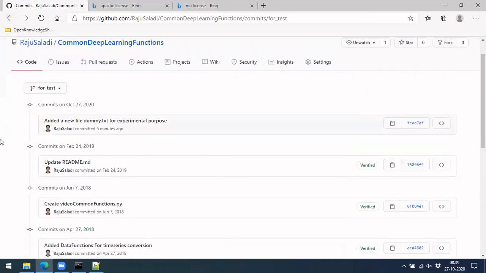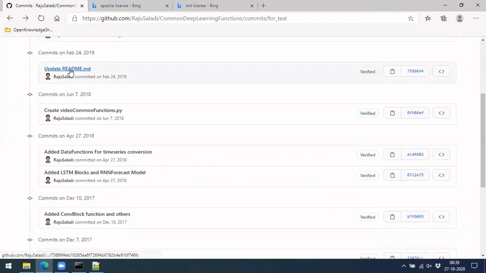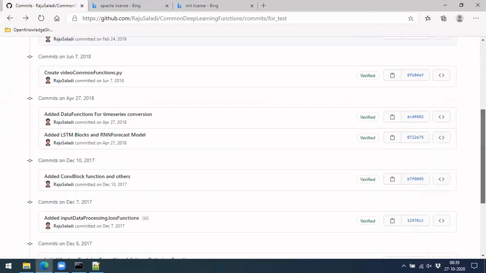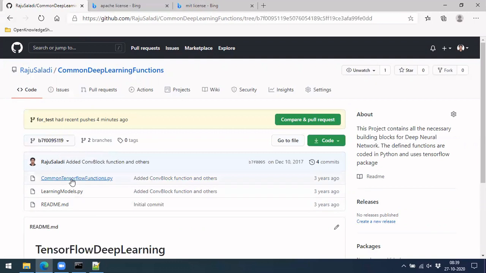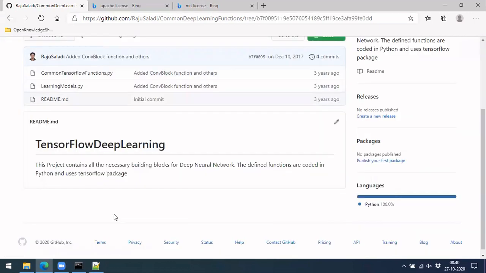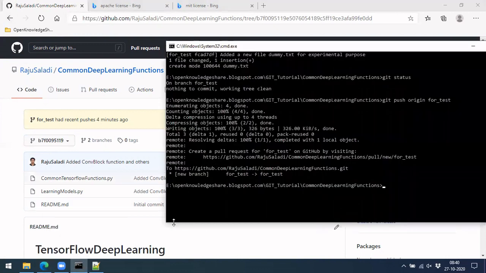Similarly, this is the latest on the master branch, but in case we want to see something, like when I added this function, which was in 2007, you can go there and still see that part. At that time there were only these three files, with this kind of description. Okay, so this is about GitHub. I'll share a few codes, all the commands which I have used, so in the description you can always refer to them and use them. Okay, that's it about GitHub.